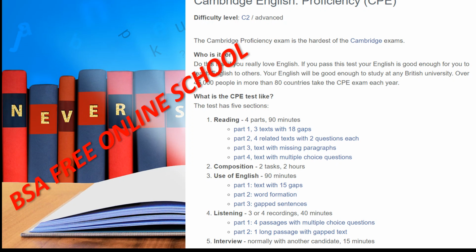The C2 proficiency qualification displays that you can study demanding subjects at the highest levels, including postgraduate and PhD programs, and negotiate and persuade effectively at senior management level in international business settings.